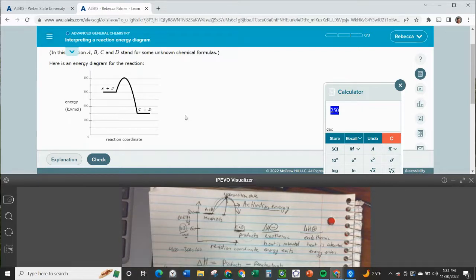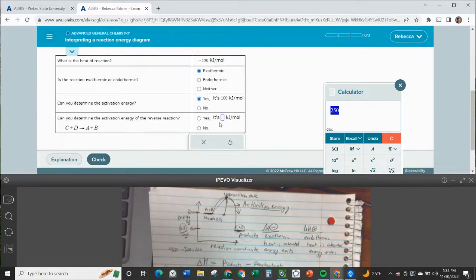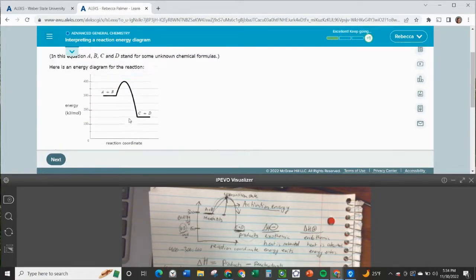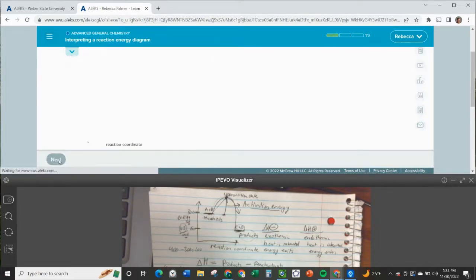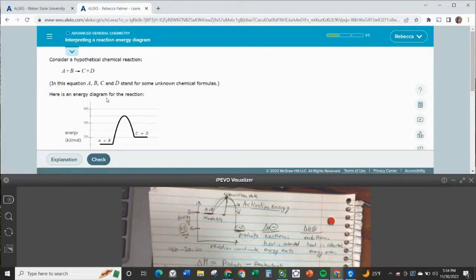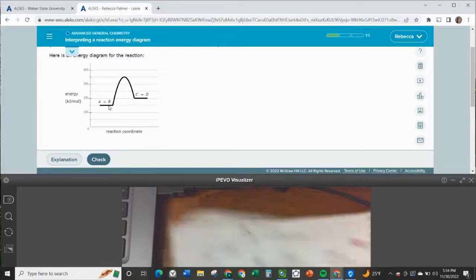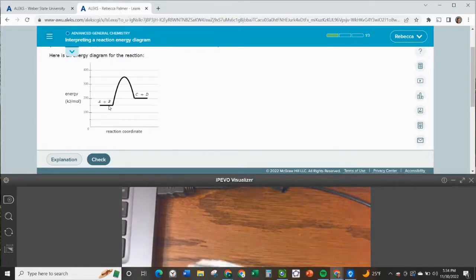Okay, and this, again, the activation energy is always going to be a positive number. So yes, the activation energy of the reverse reaction would be 250 kilojoules per mole. Okay, let's look at one more of these. Let's see if we can get an endothermic. Okay, good. So this one, when we're doing this problem,